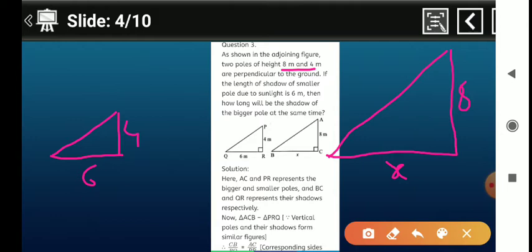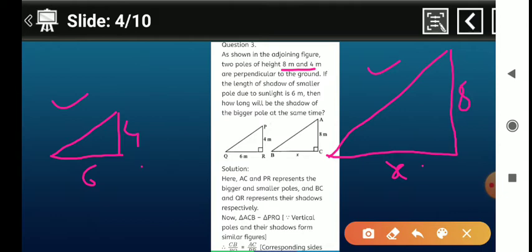Now in such a question, suppose two poles are there and they exhibit shadows at the same time, then triangles are formed and those triangles are always similar. When poles are there and their shadows are given at the same time, these two triangles are always similar. So it is given in the question that these two triangles are